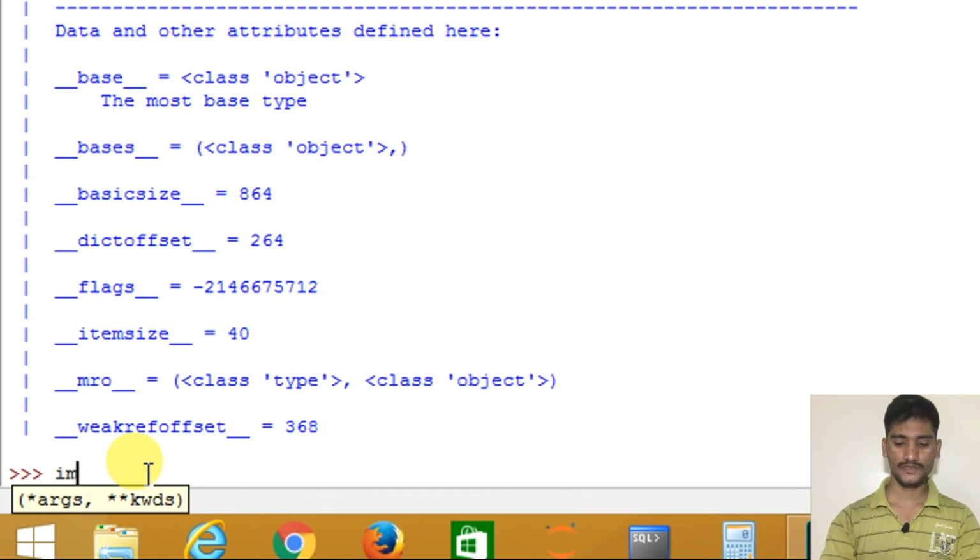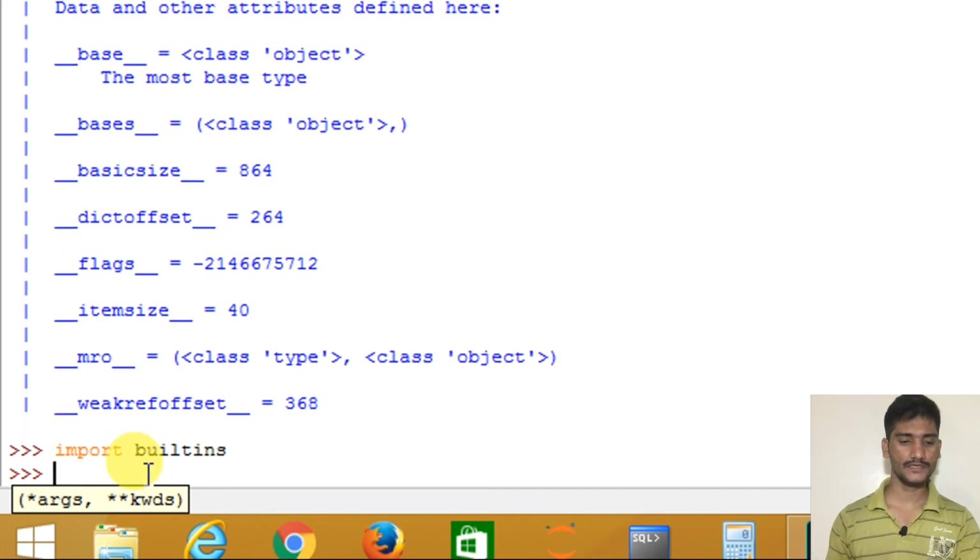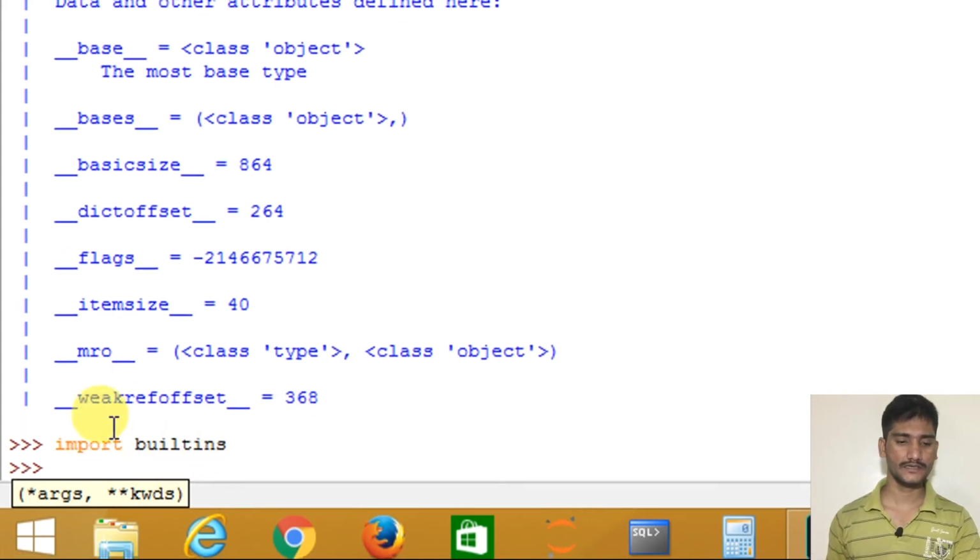So what I am doing, import is a function which is used to import modules or any packages from Python when we write code. Import builtins. Okay, when I import builtins, see I didn't get any error, right? So I imported builtins.